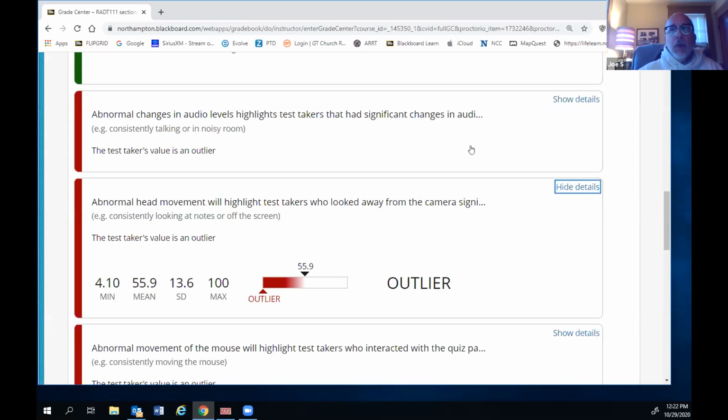In some cases, one of the things that Proctorio will flag if you use that button is whether or not there was collusion. The way it talks about collusion is it sees the same or similar IP address for people. Well, some IP addresses are not very discrete. In other words, they could be for a group of people in a particular location, in a building, or something like that.